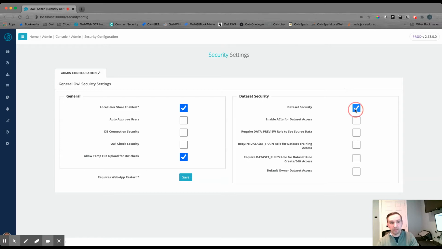In dev environments, sometimes you may see these turned off because it's pretty open and it's a lot of use case-based stuff and probably not sensitive data. Once we turn this on, we'll look at some of our other options that are a little bit more granular. For now, we'll save the ACLs, which is just access control lists for dataset access at a very granular level for another video set. But I do want to touch on the role data preview, the dataset train, and the